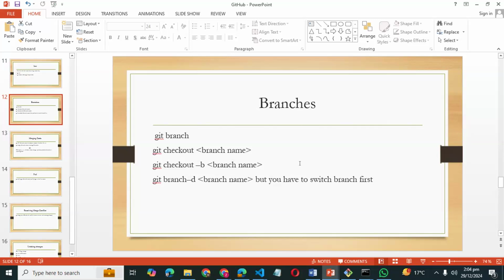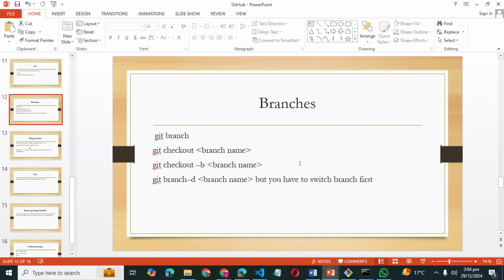So our manager allocated four resources on it: one is Zain, one is Rafi, one is Sabir, and some other person. Now we are going to work on the same project, the same repository. So that's why we create different branches, right? The purpose of creating branches is so that none of one person's code clashes with the other person's code.